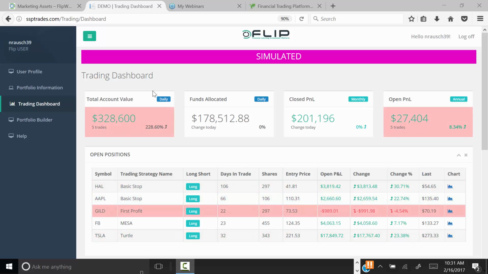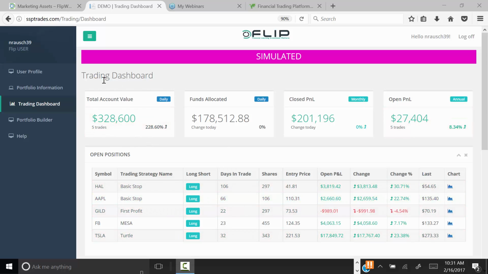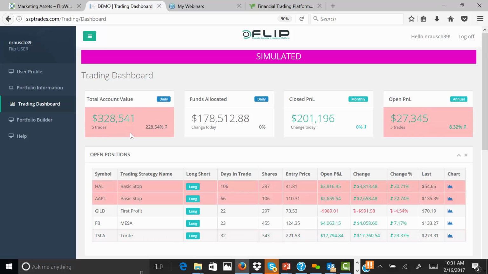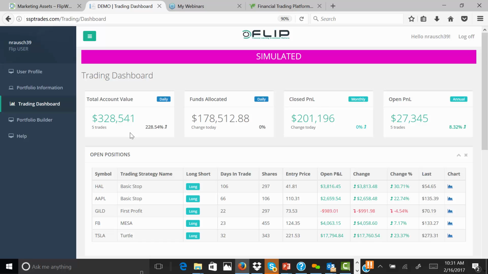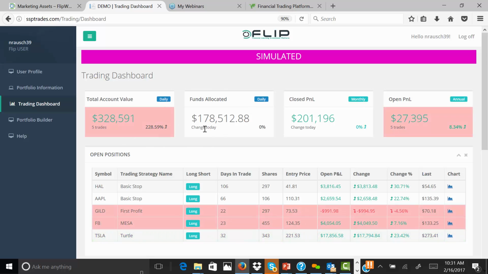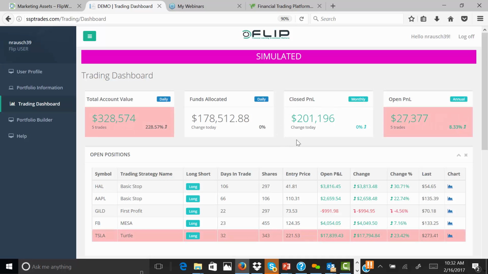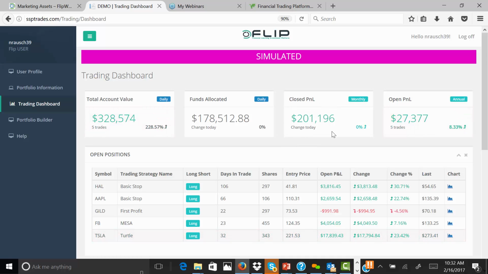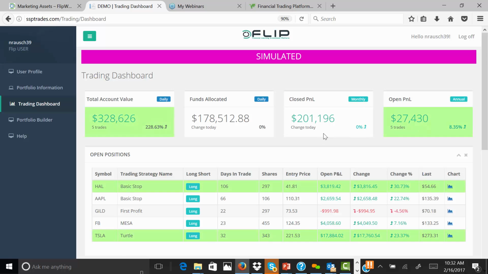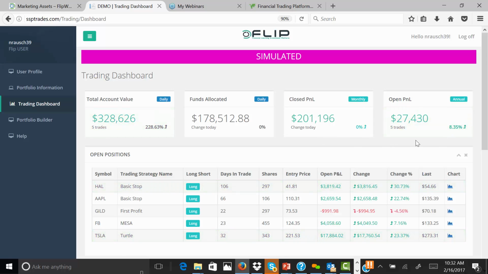In this example, you can see total account value $328,545. This particular example started with $100,000 4 years and 3 months ago. Funds allocated currently are $178,512. And the closed P&L, it's up about 200,000. It's closed out 201,196 as of today. Now the open P&L, it's up about